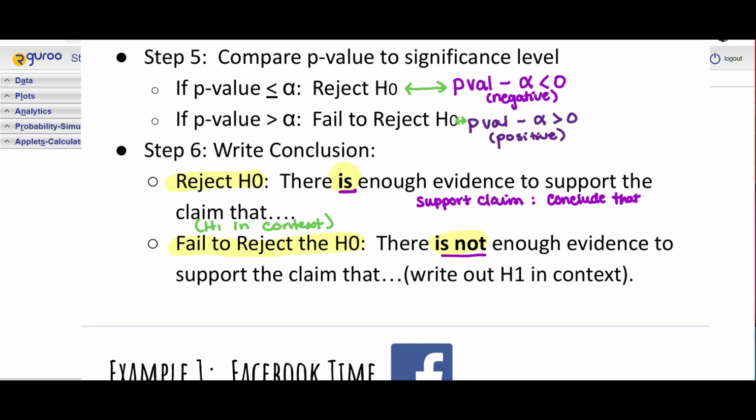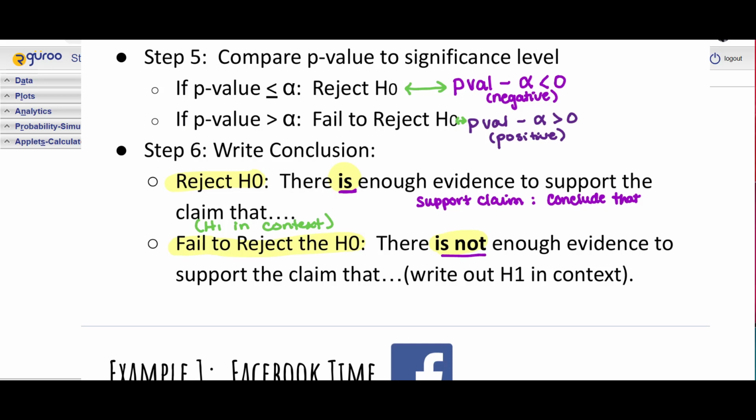And if it's really unlikely to happen, but it did happen, that must mean that our assumption was false to begin with. And if our assumption's false, we can reject it. So that's where we reject the null. And if, assuming that the null is true and we get our sample stat, the probability of that occurring is bigger than our significance level,